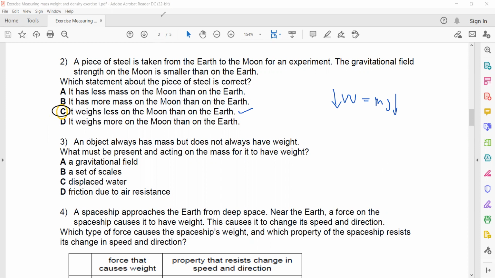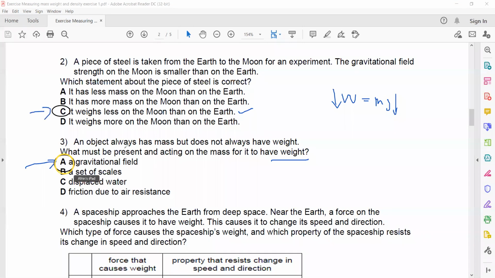In question 3, an object always has mass but does not always have weight. So an object may have mass but maybe it does not have any weight. What must be present and acting on the mass to have the weight? So there should be a gravitational force or a gravitational field